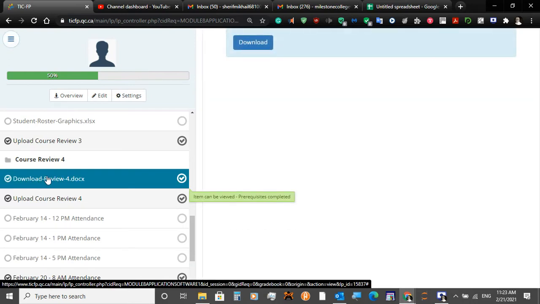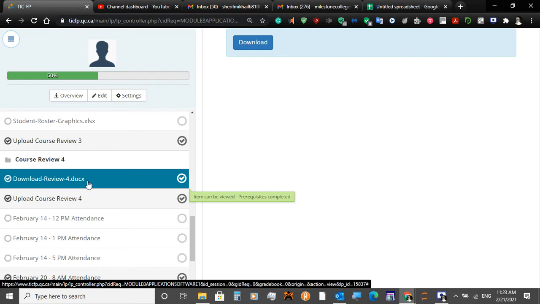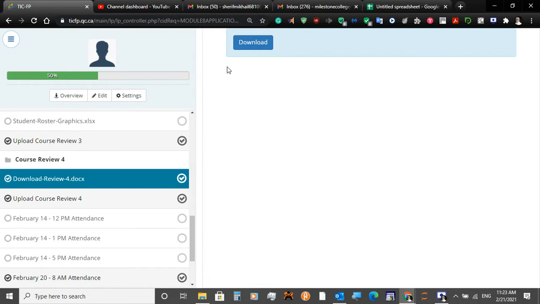It says download. And what we're going to do is we're going to upload that same file. We're going to answer the questions, but there's going to be some other files as well. And all of those files we're going to upload to where it says upload course review 4. So first download it, and then we're going to upload it back. So I click download,